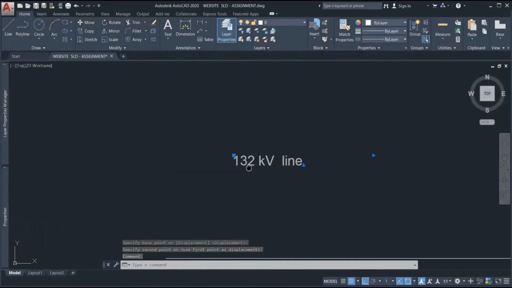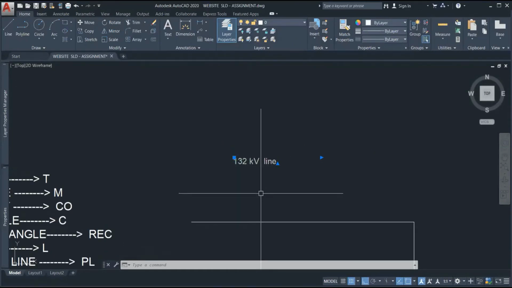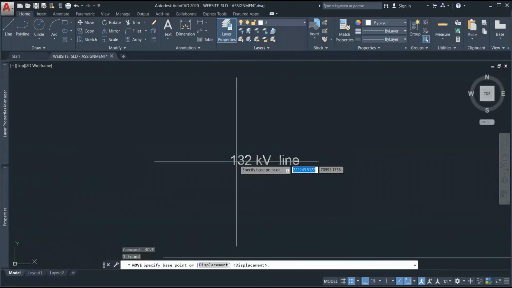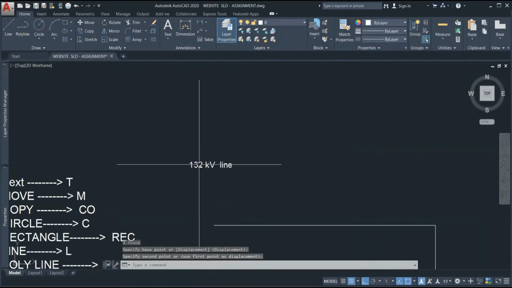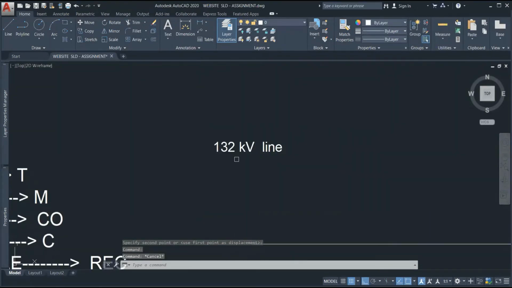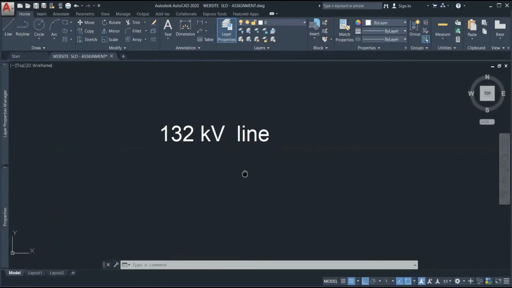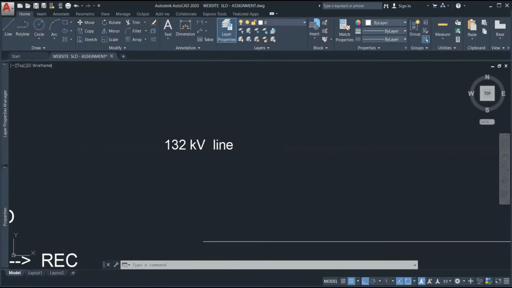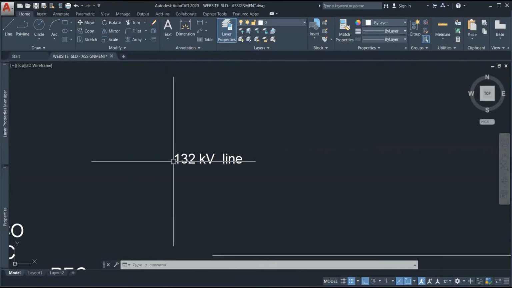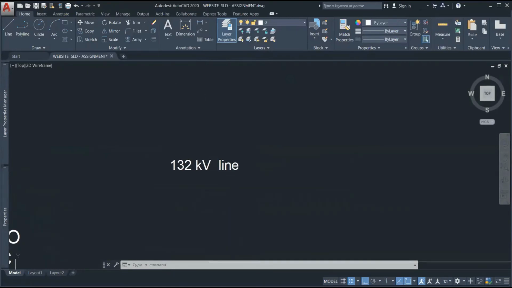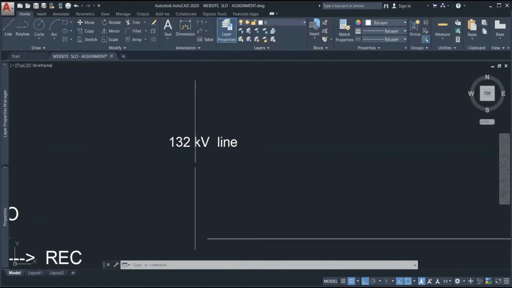So these are the two methods. I'm typing move, enter, clicking on the object, and I'm moving the object, right? In AutoCAD, one facility is there that the enter button and the space bar both act as enter, right? So while drawing any layout, it is easier to access the space bar. So you can simply press the enter, or just use the space bar to enter.